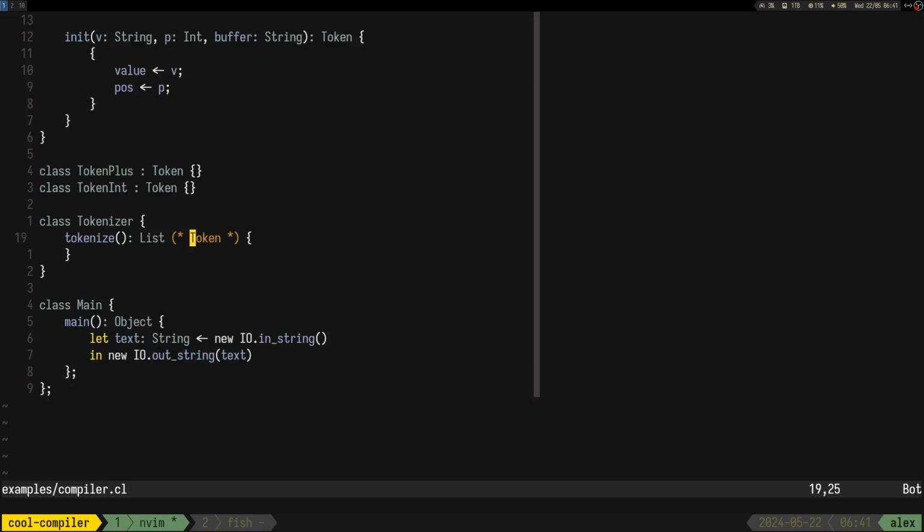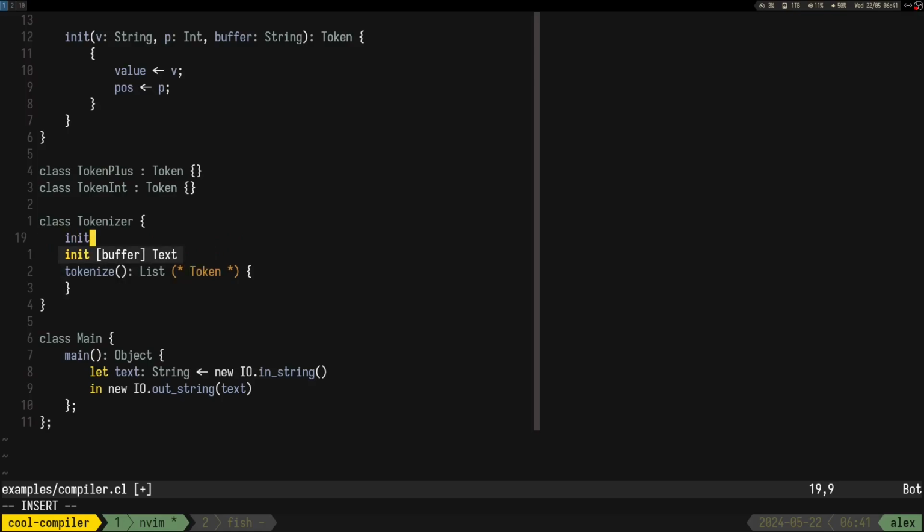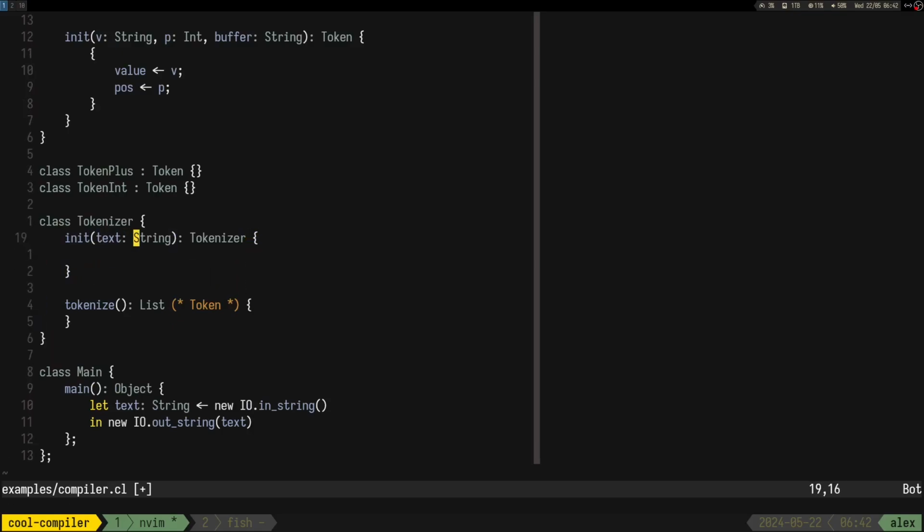So the tokenizer should probably have an init with text, right? And it should return back a tokenizer, or I guess it should return self-type.